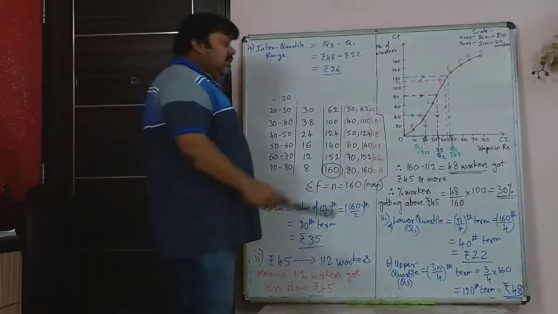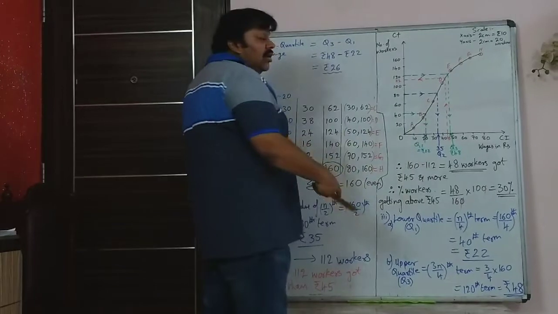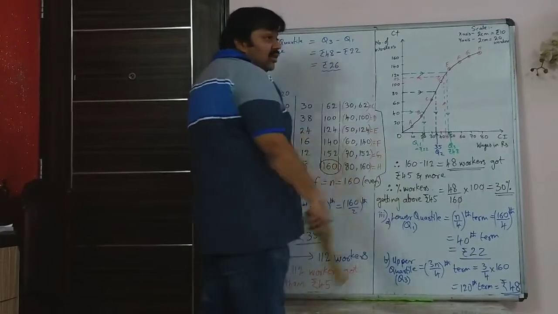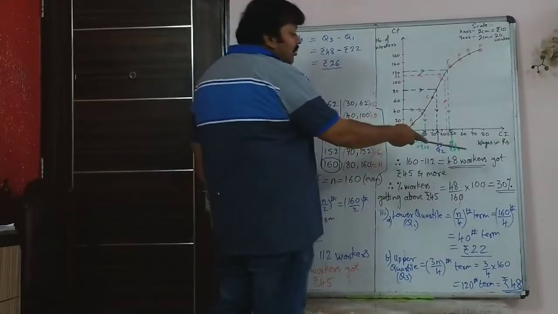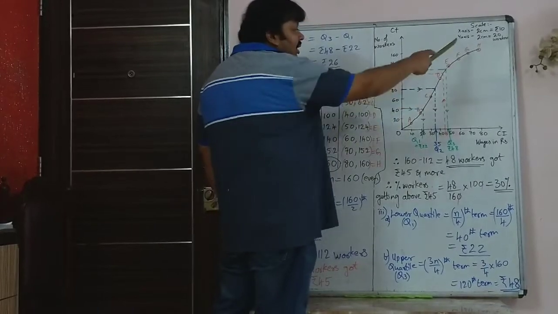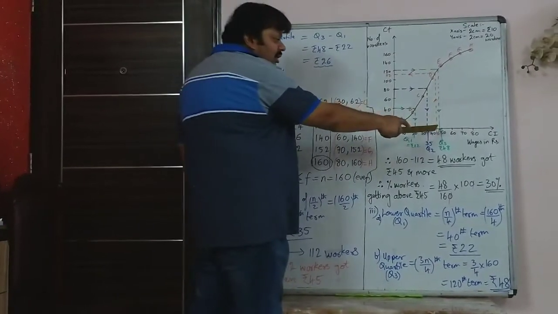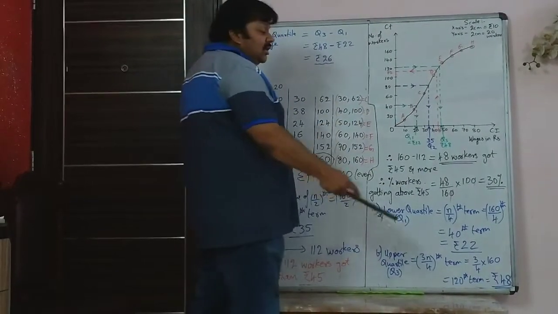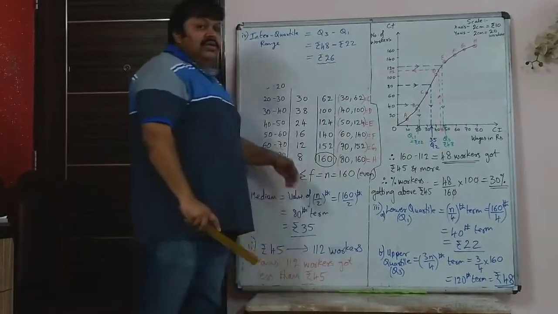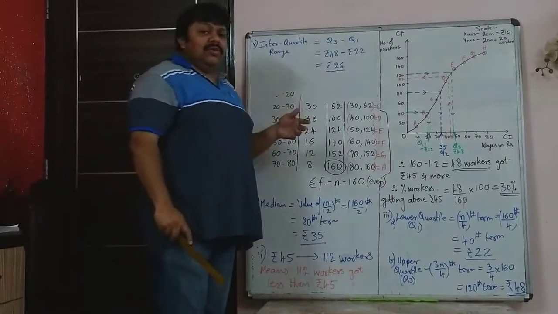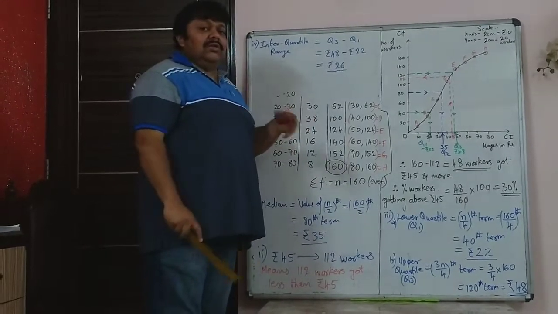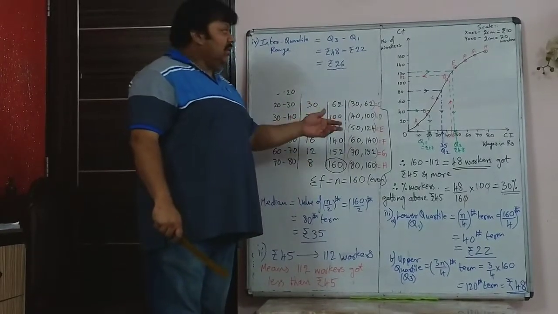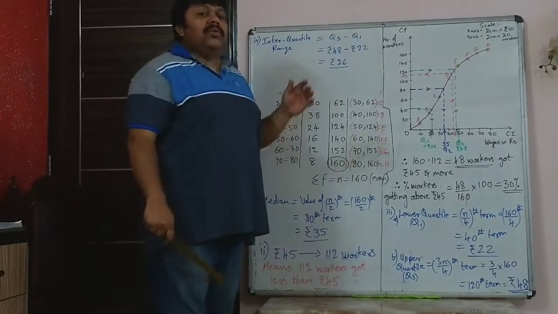And then the lower quartile is the 40th worker, or 1/4 of the total data. That worker is getting less than the median, so it is rupees 22. And the upper quartile means 3/4 of the entire 160 workers. So the 120th worker's wage obviously has to be more than the median. He is getting rupees 48. So this is statistics. The entire chapter is called Measures of Central Tendency, to give an idea or picture of the wages, some data which is interpreted in the form of graphs.